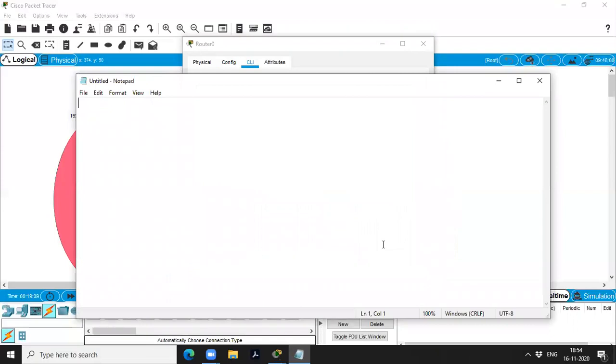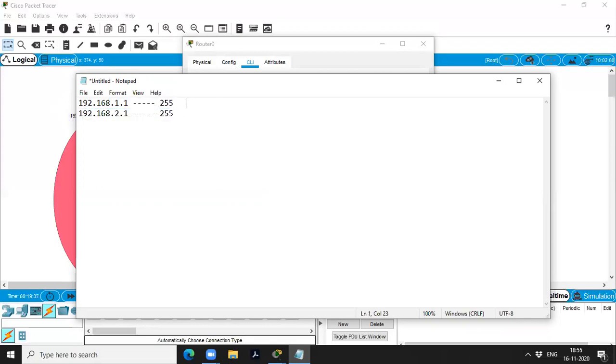So for example, my IP address is 192.168.1.1. So we can define up to 255 systems. Then my IP address will become 192.168.2.1 series. So I can go up to 255. So that means I can configure up to 254 systems for each and every network.